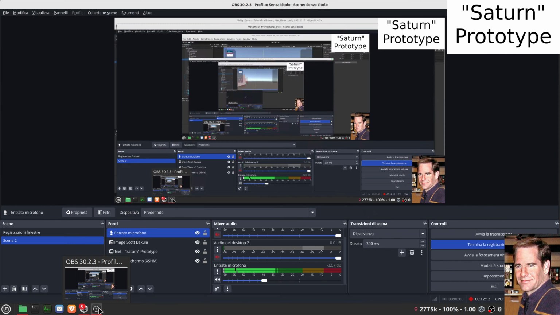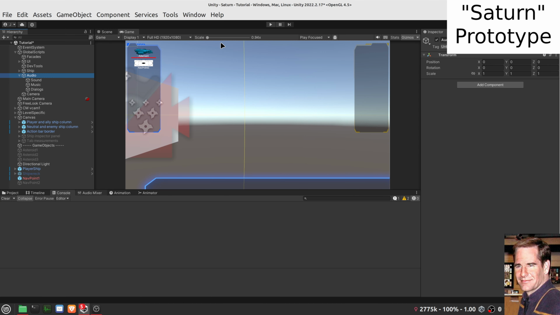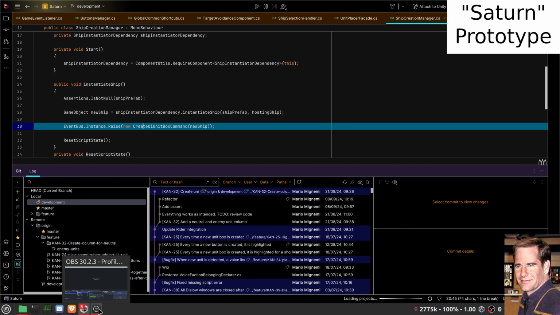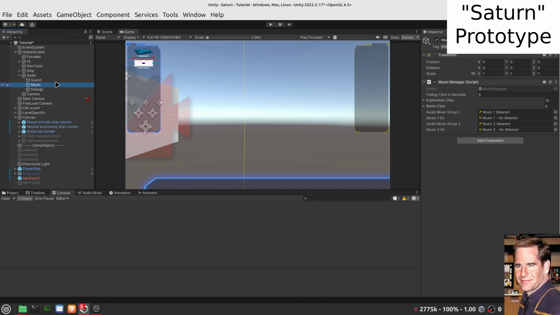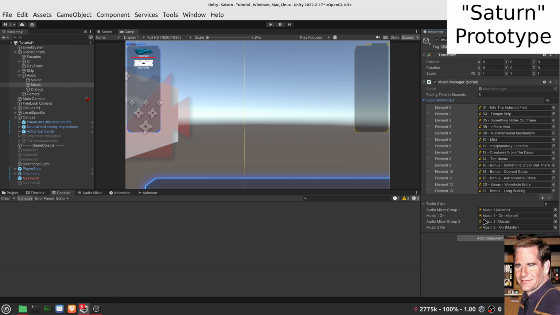Audio. Okay, it's still recording. Audio, so this was a very complicated part for me. Very difficult. For example, this is a music manager, and basically there is a list of audios, one for exploration phases and one for battle phases. I mean, these are taken from Nexus,